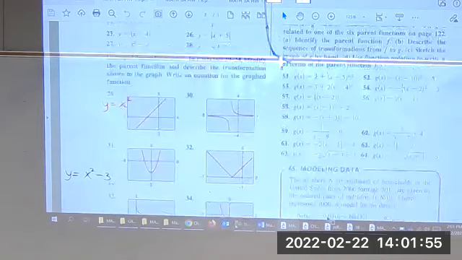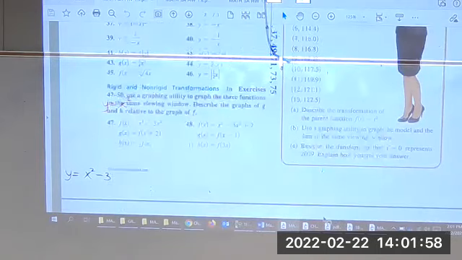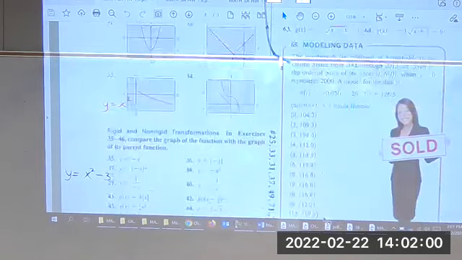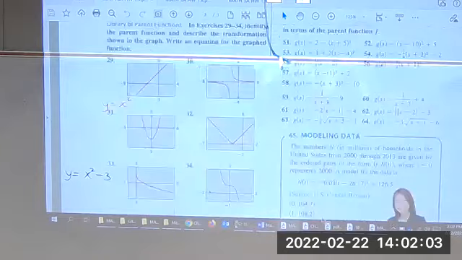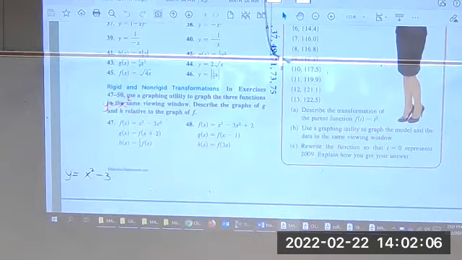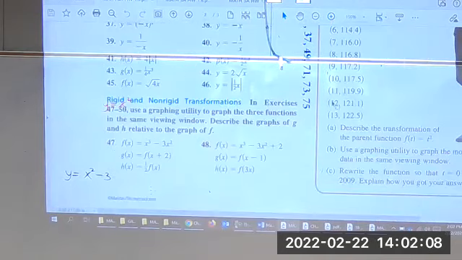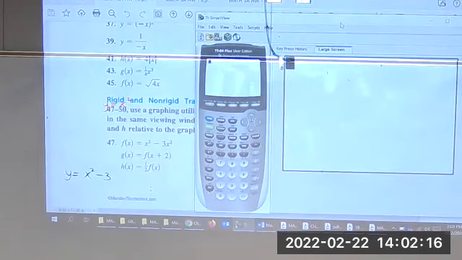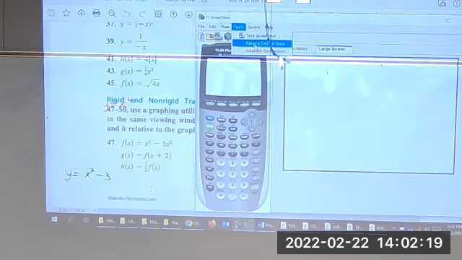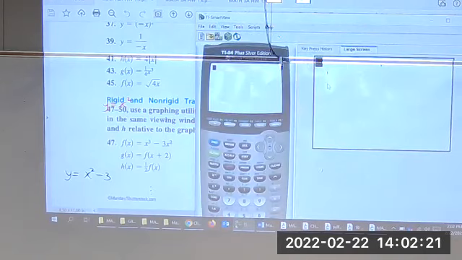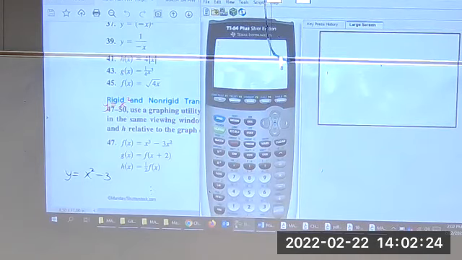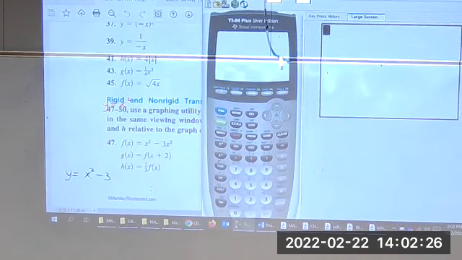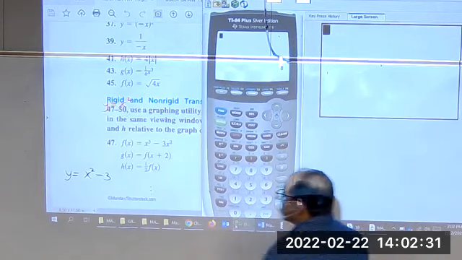Since you got to do 49, I'm going to do 47, but I want to show you on the graph and calculator how nice this is if you know what you're doing. Okay. So 47,